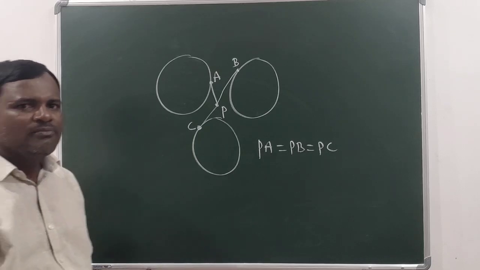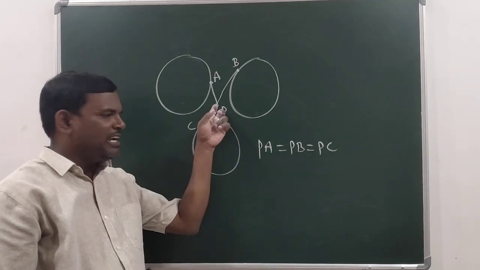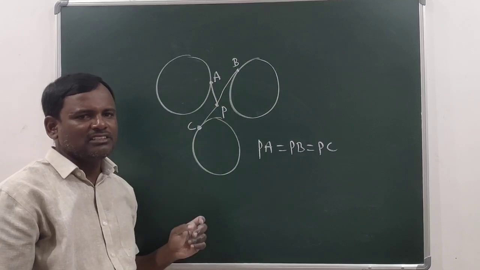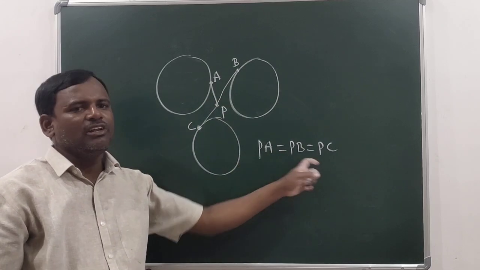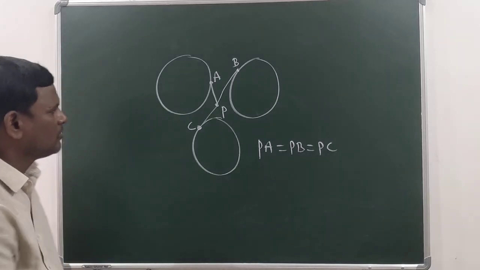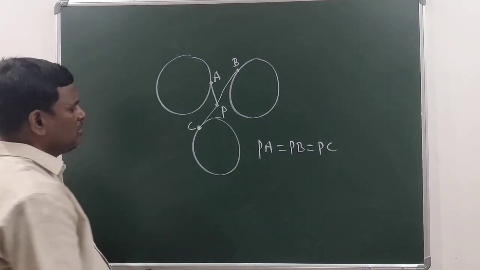If you draw the three tangents from the radical center to these three different circles, then whose lengths will be equal? PA equal to PB equal to PC. Next,